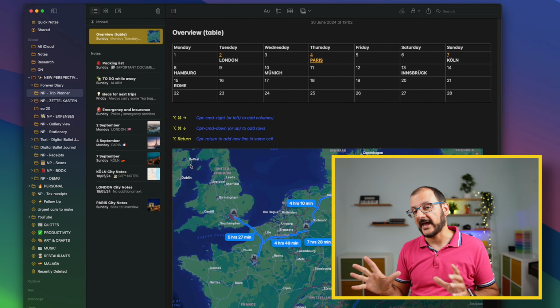Hello and welcome back. Today we're going to be using Apple Notes to plan a trip. Let's have a look. The key components of this trip planner are this one, the overview page, which is one